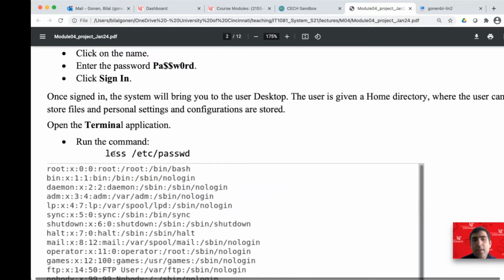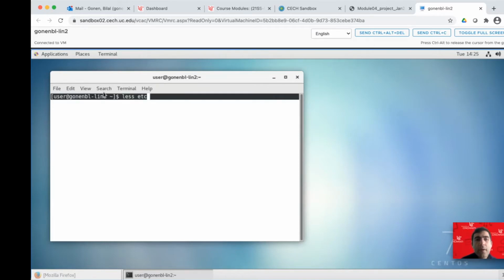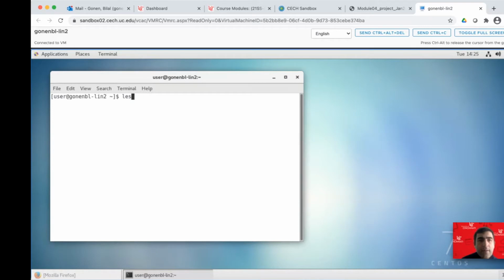The file is etc/passwd. We use less because there is a lot of information. So we say less, and then put a slash. If I don't do that, it will look for the etc folder where I am. So actually, where am I? By looking here, I see a tilde. That means I am inside of